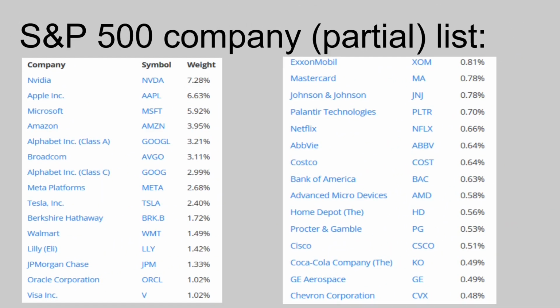And here are some S&P 500 companies, a partial list, since there's 500 of them. I can't list all of them here, but these are the ones that have the most weight to the index. So you can see from the left top, we have NVIDIA, Apple, Microsoft, and Amazon. I also wanted to point out there's Alphabet, also known as Google, and you'll see that there are